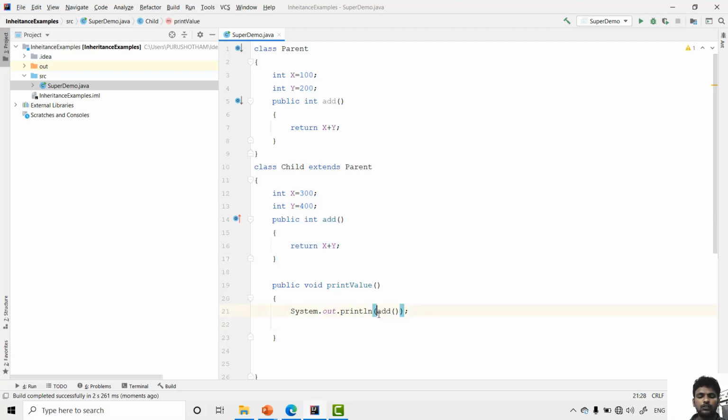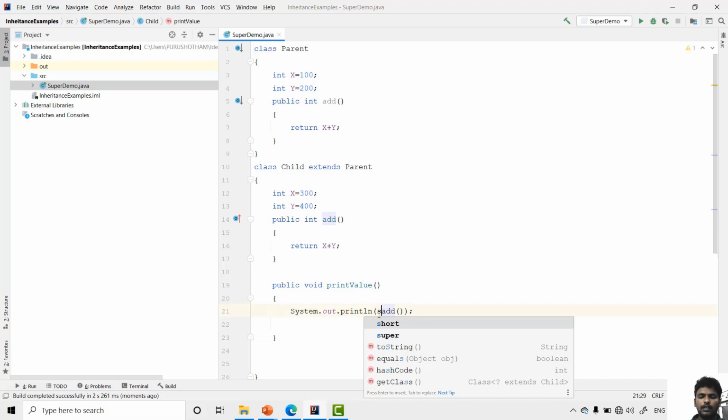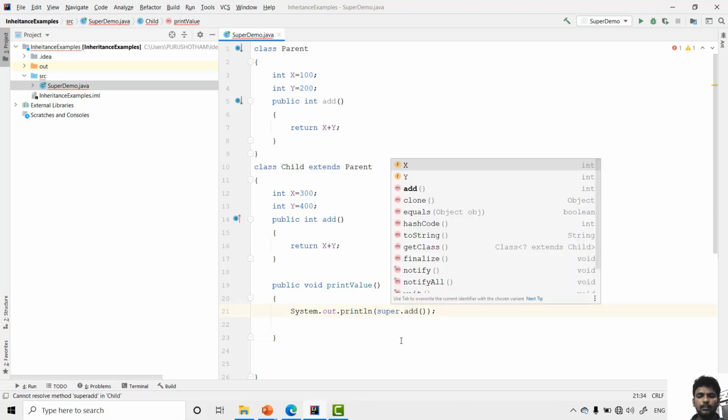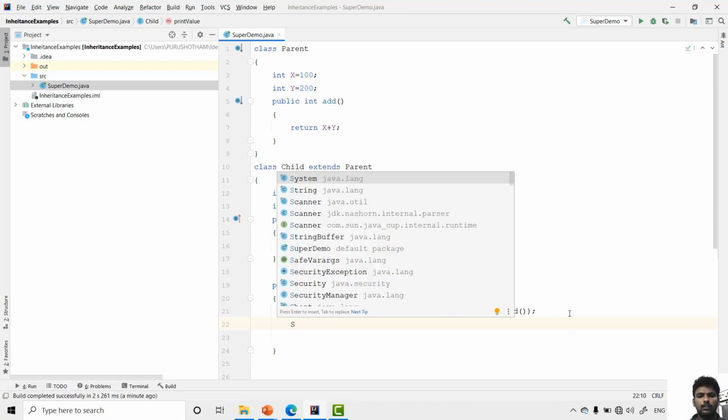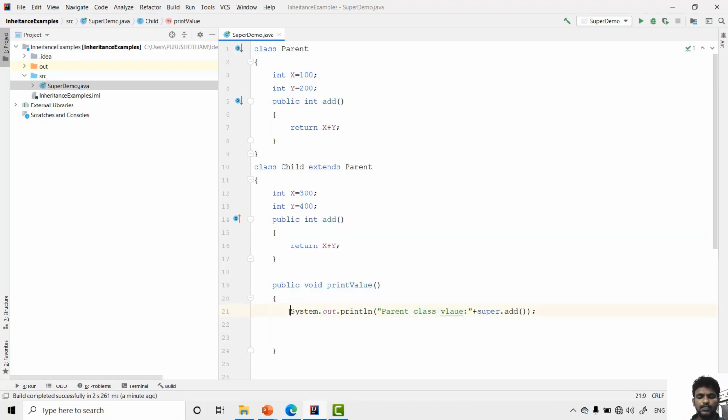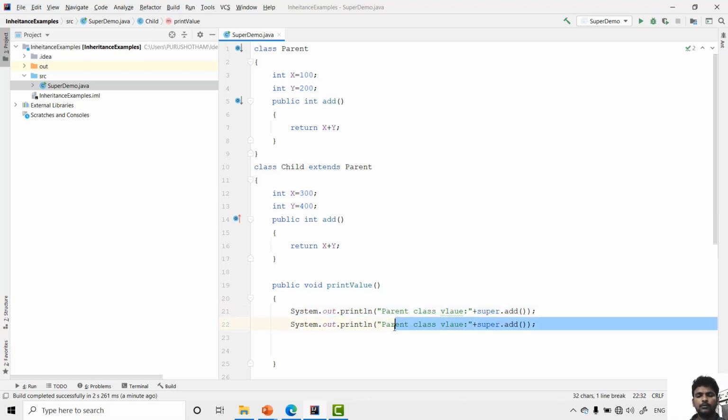If you want to call the parent class properties, like super.add, this is the parent class value. You can write a message like parent class value, and I have the same statement, and this time it is child class value.